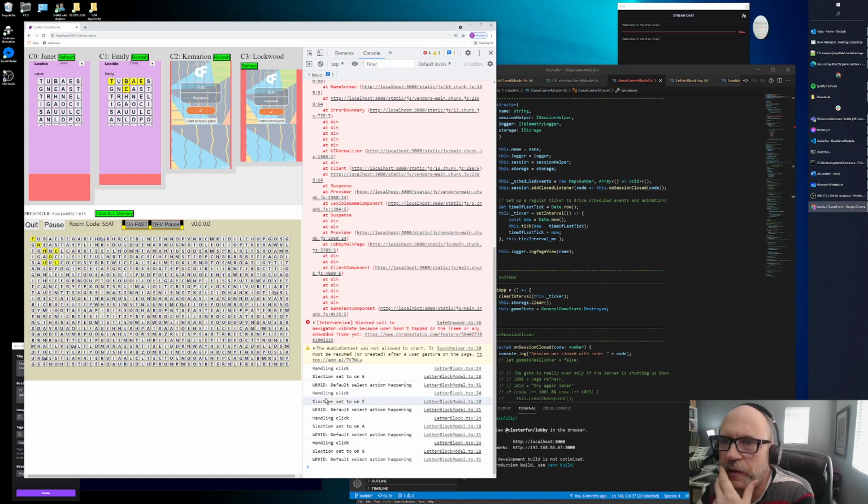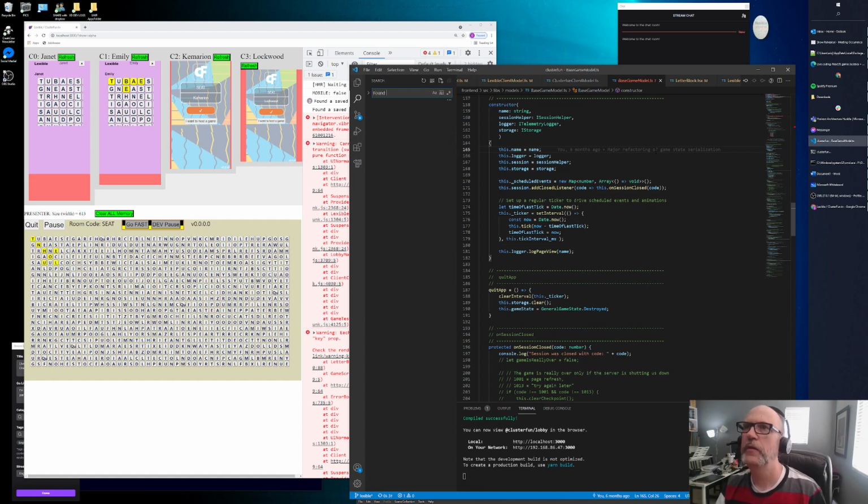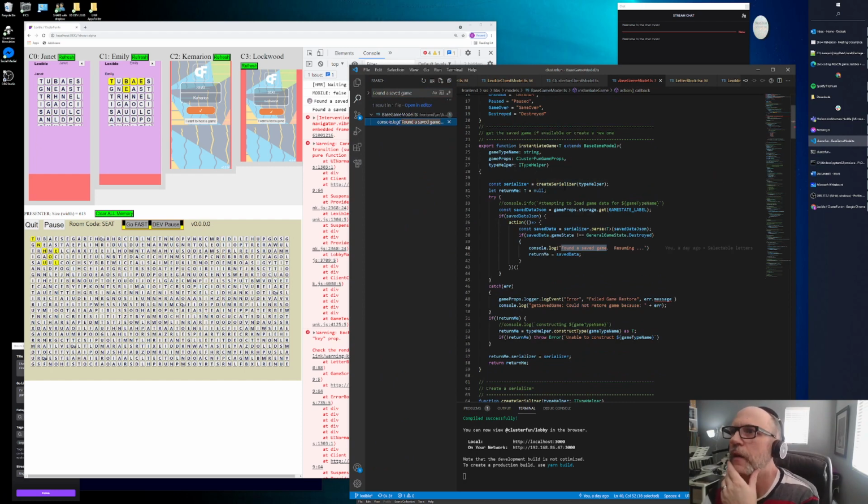You should see here, when we refresh the state, up here, "Found a saved game." So let's find that text. Found a saved game. Yes, so this is an action, and this return me is in instantiate game. So when we call instantiate game,